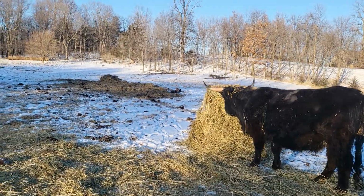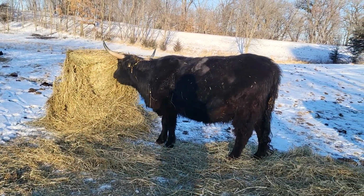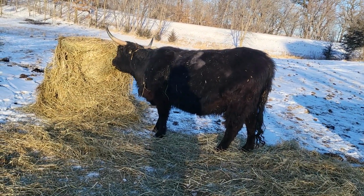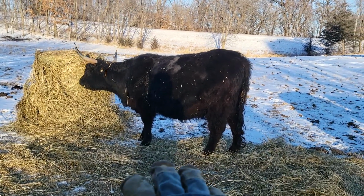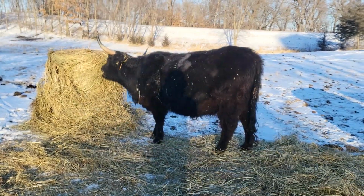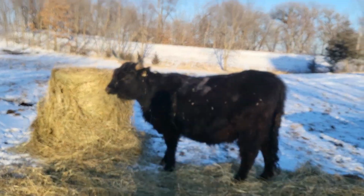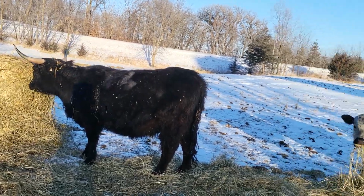Even in Minnesota, we'll get 90-degree weather. These animals perform beautifully in the winter. When it's minus 30, they're at their happiest. They're laying out. I remember when we had all the Highlands, my sheep would be in and around their feet. When they were laying down, they'd be piled over the Highlands, getting warm off of them. But in the summer, when it's hot and the sun's baking down on them, this animal doesn't eat. She's hiding in the shade. So her offspring,